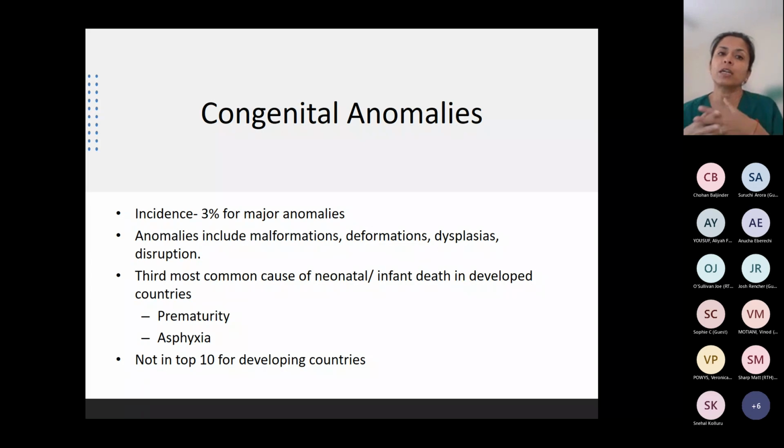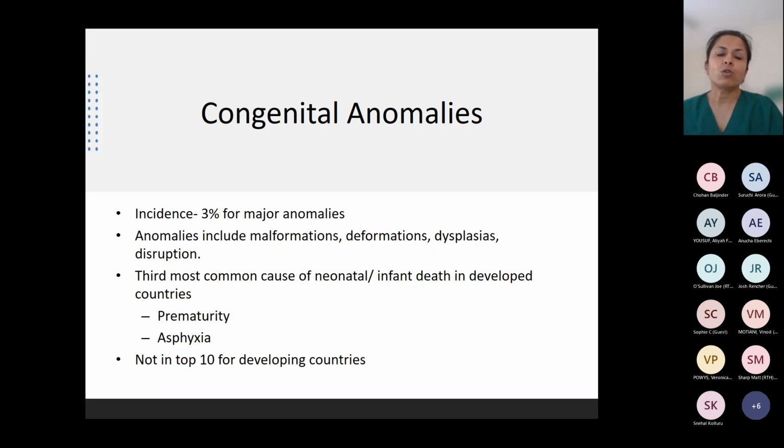Please note here, we're talking about major anomalies. And this is a historical figure, and we need to understand that this is a dynamic figure. Perhaps we don't have true figures, at least not for now, because the research happens in the past, doesn't it? As in the research is of the last 10 years, perhaps. What is the snapshot of this year might not be very visible. And the reason I say that is because with scan resolution improving, and with WES, which is whole exome sequencing, being introduced into testing,